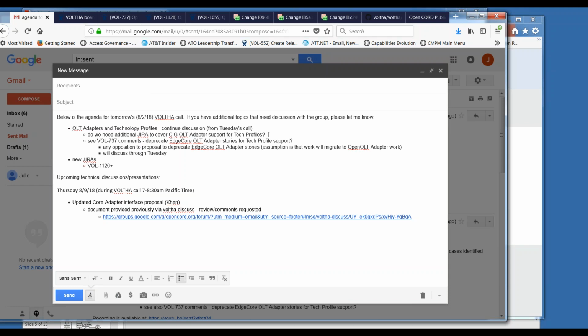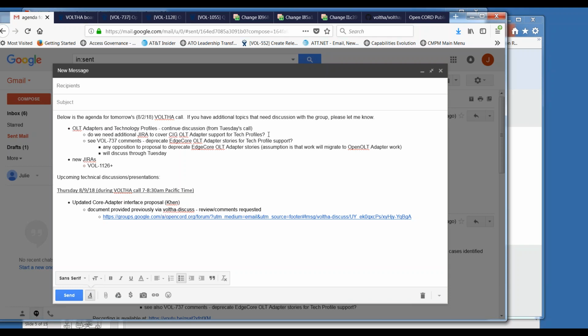I'm not sure, as I was looking at some of the previous things that Donna had done in the past with some of the earlier stories, and there was a move at one point to take some of the vendor-specific stories and not cover them with a larger group. But I think that may be more if things have not been contributed to the community. Since the CIG adapter has been incorporated into VOLTHA, I'm really not sure what we should do here. If we should have specific stories, and not sure if that would be taken on then by CIG to do that work, or if we need to manage them in the sprint. Yeah, so I'll take comments from everyone.